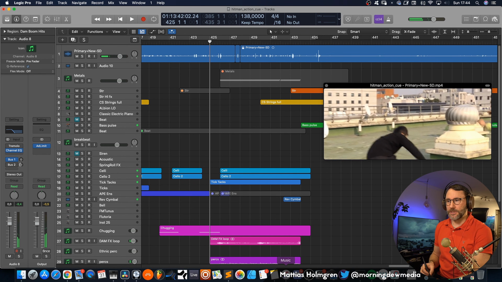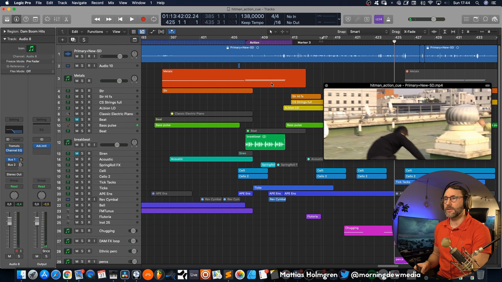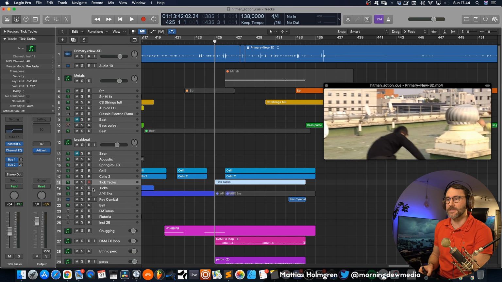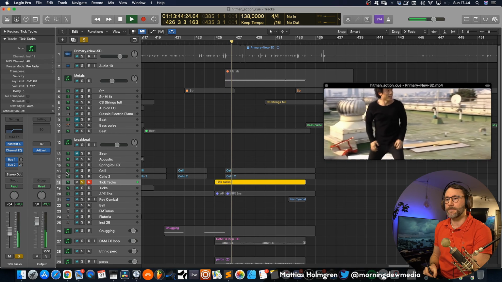And we also switch out the metallic sounds that we had in the beginning. We now use another kind of tic-tac sound, also to propel the action here and give it more movement and momentum in the higher register.